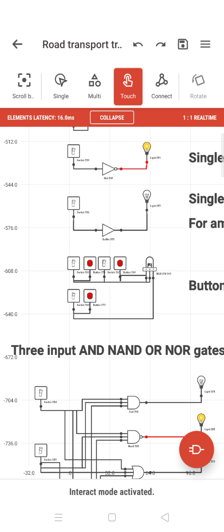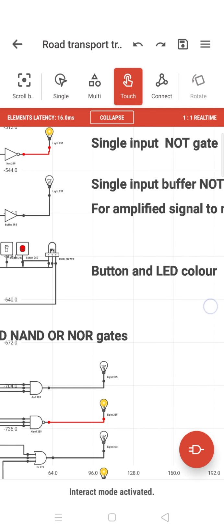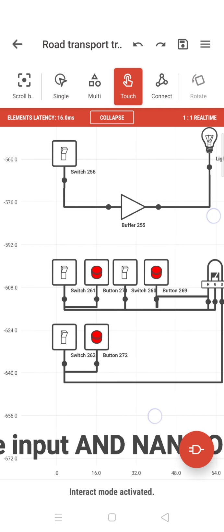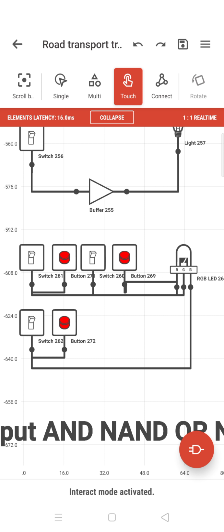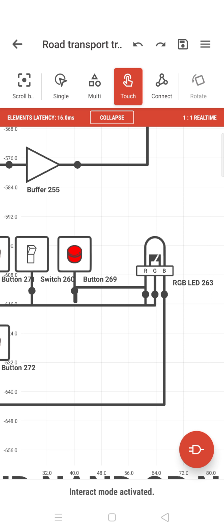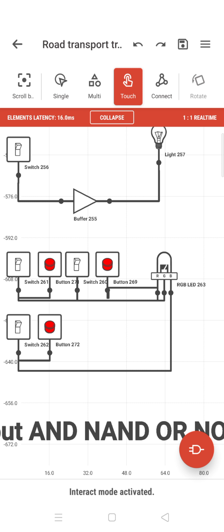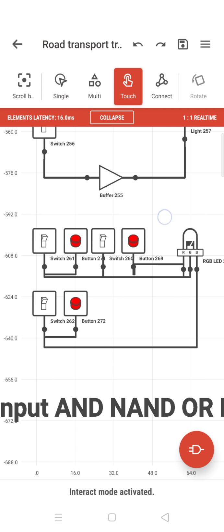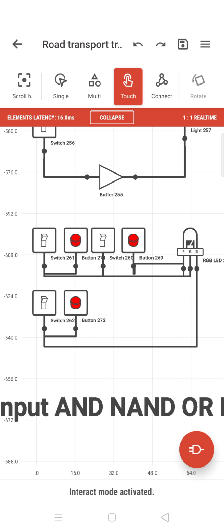Okay. Now I have created a simple circuit for these buttons and the RGB LED. So we'll see a demo of how this button and LED work. Okay. Now I turn it on, so it is a red color. Now I turn on this, it's a green color. So now I turn on this, it's a blue color. So if you want to give a color, this is the LED, which has the circuitry I have made: red, green and blue. So how the combination is done. See, I have linked them here, so you get a LED green, blue and red. So I created a specific combination where you can get the LED to light red.